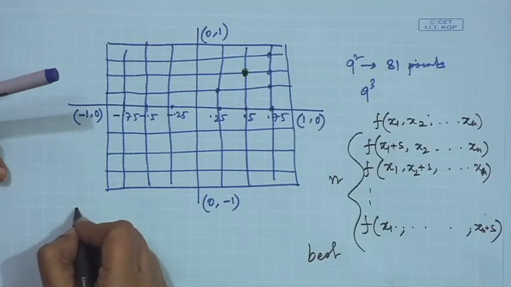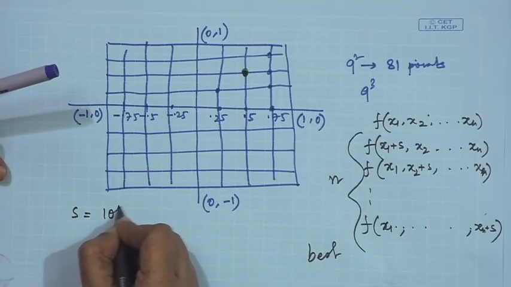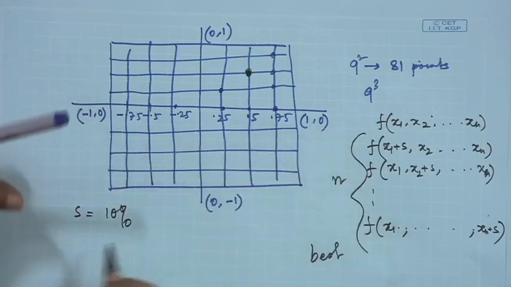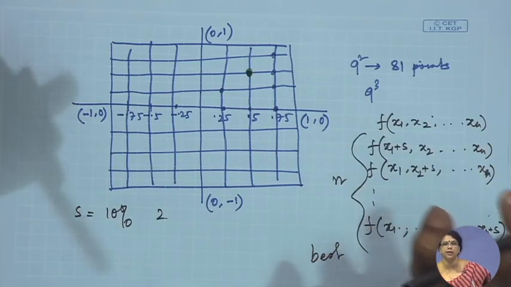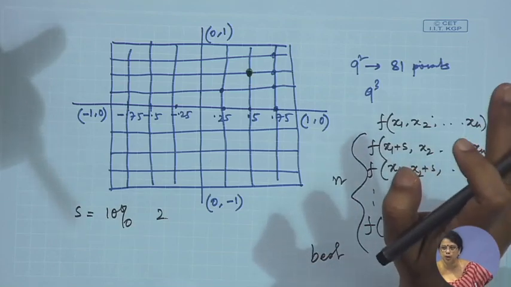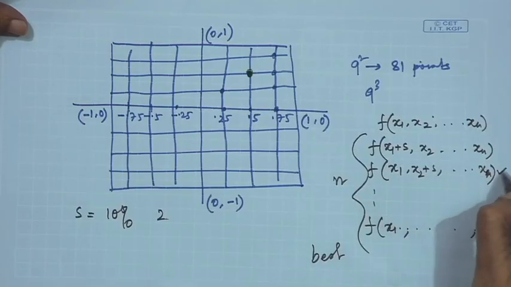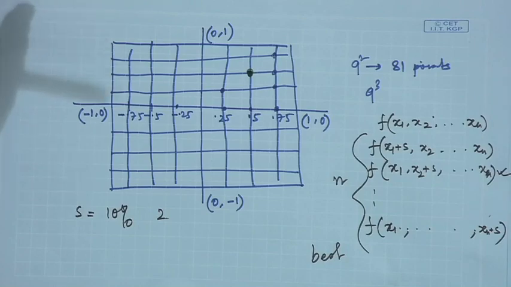Generally the S value we take is 10% of the whole domain. Here the domain for x was minus 1 to 1, which means the length is 2. So we generally take 10% of 2 for S. If the best value comes somewhere in x2, after that you reduce the step length to S by 2, S by 3, and like that you just repeat